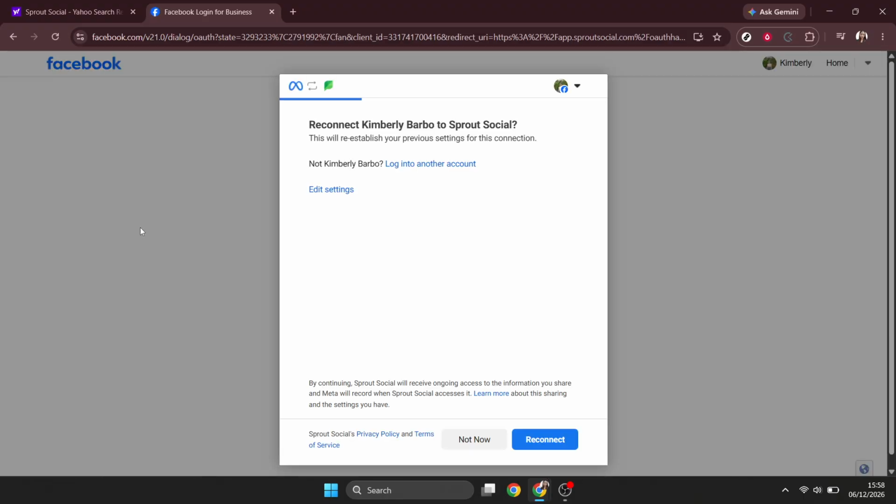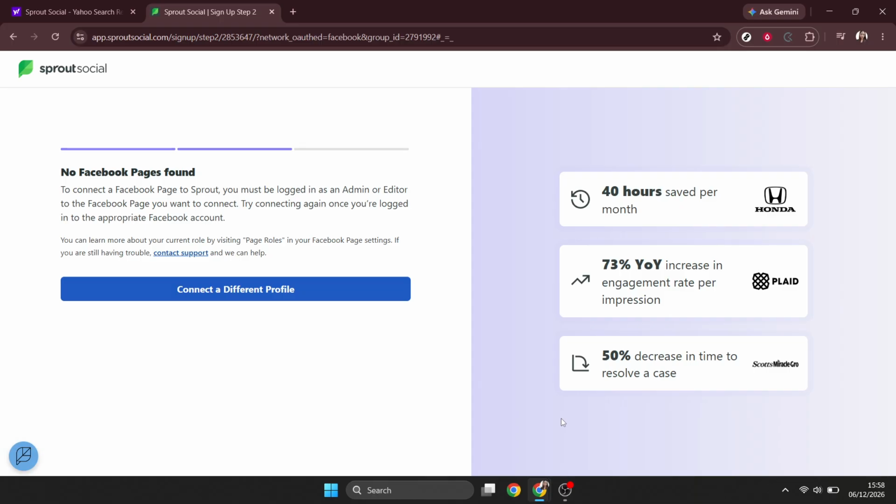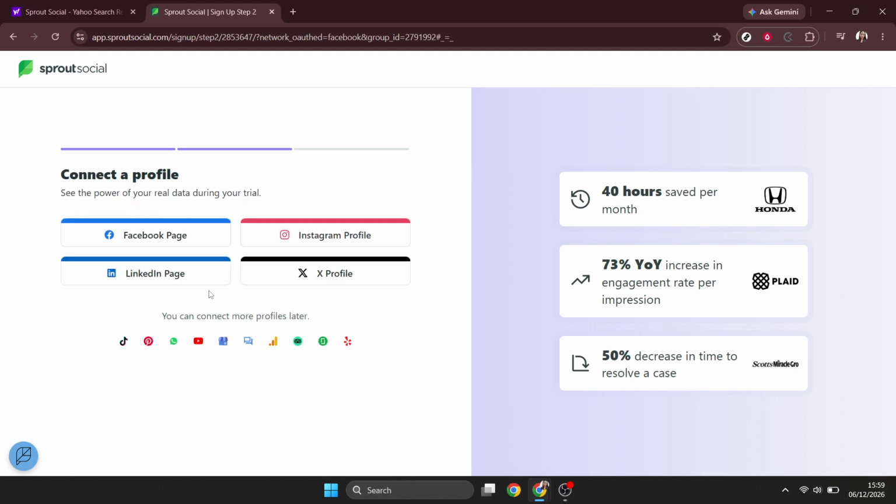Once you're on the tags page, click create tag or add tag, depending on the version of the interface you see. You'll then be prompted to enter a tag name. Choose a name that clearly describes what the tag will be used for. For example, you might create tags like customer support, product launch, Facebook campaign, Q3 marketing, or user-generated content. A clear naming style makes it much easier to stay organized later, especially if multiple people on your team are